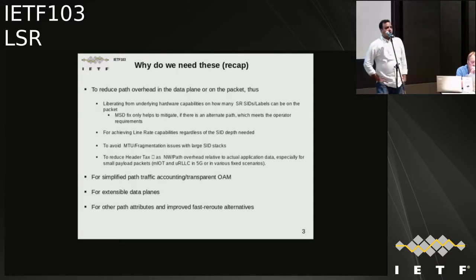And the last thing, for a lot of 5G use cases, MIOT and URLLC, packet sizes are small. It's 30 to 50 bytes packets. You cannot put header tags of 200 bytes, 100 bytes for the packets. For that environment, it is sensitive. For some environments, it's not sensitive. Yes, if the environment is sensitive, then too much packet overhead is a problem. So it also simplifies the OAM. It extends the data planes. You can add more data planes, and also unique fast reroute can be done with this.